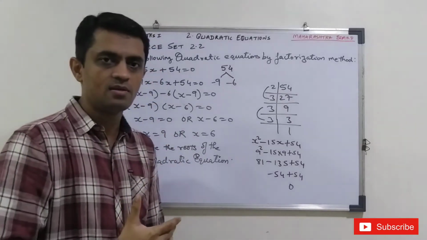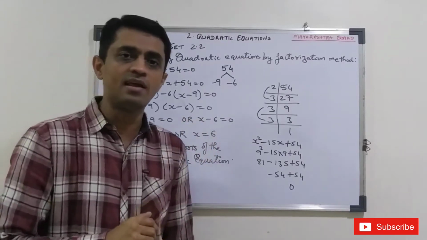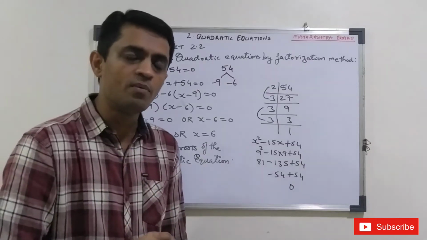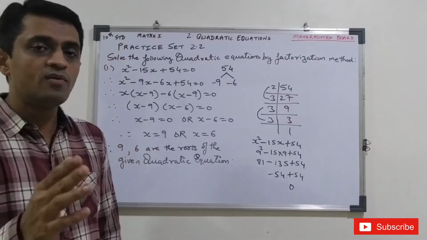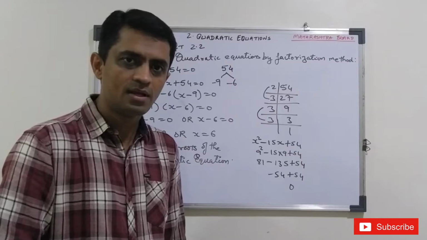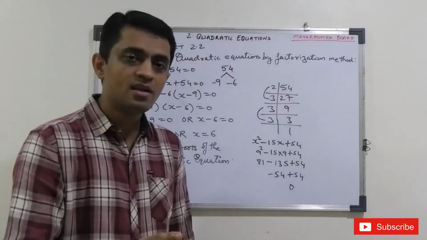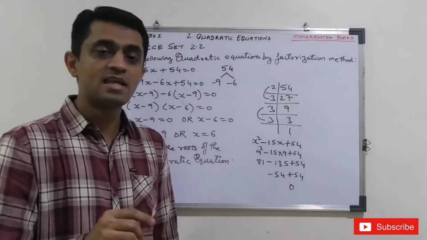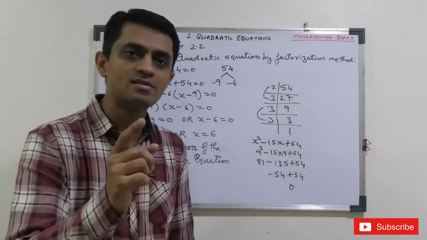That we are going to see here. Factor means, when you divide a number, suppose if I tell you 4 divided by 2, what will be the answer? The remainder would be 0. Yes. You divide 9 divided by 3, what will be the answer? 0. Yes. So in all these examples you are getting remainder as 0. It means in the first case 2 is a factor of 4, and in the second case 3 is a factor of 9. Why? Because you are getting remainder as 0.